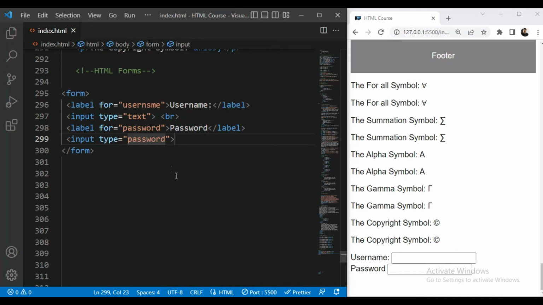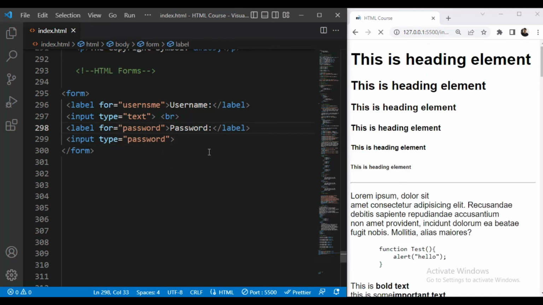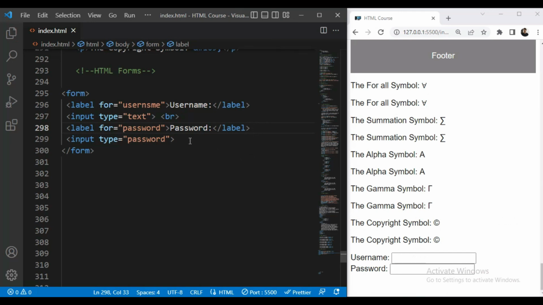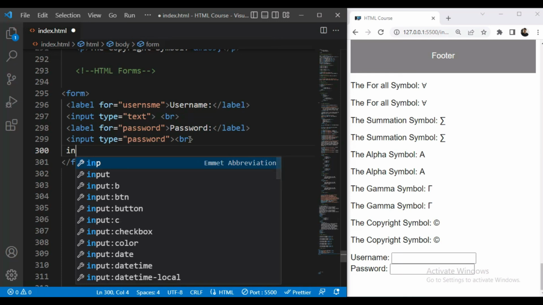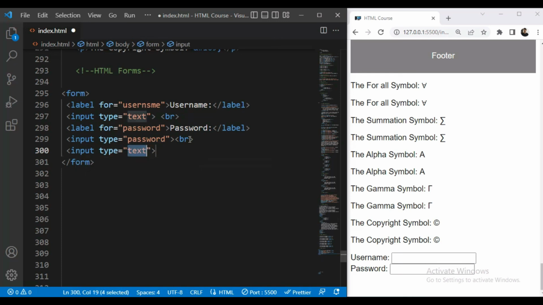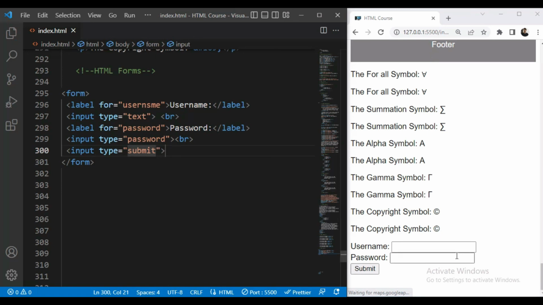Now you can see we have created a basic form. Then we'll add a submit button, so input type submit. So this is a basic HTML form. You can also style it with the help of CSS.